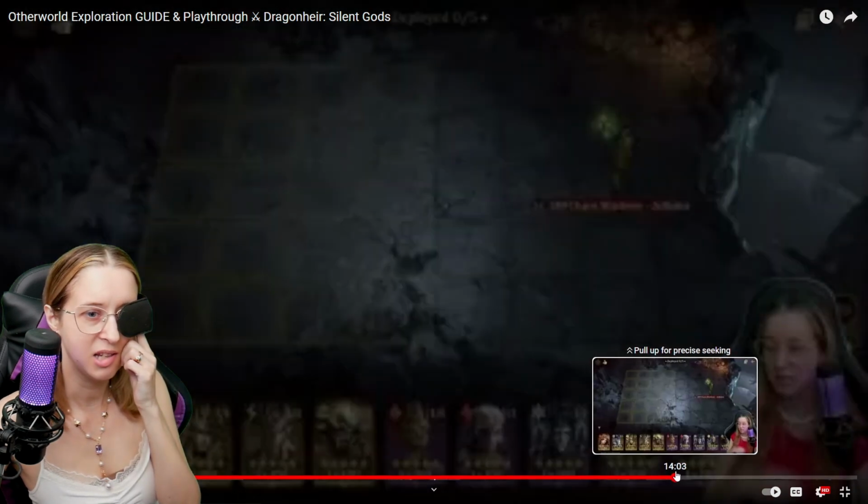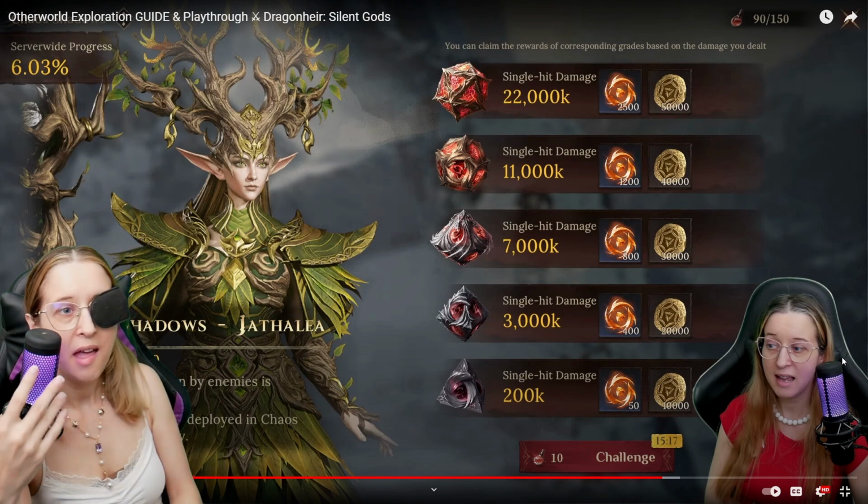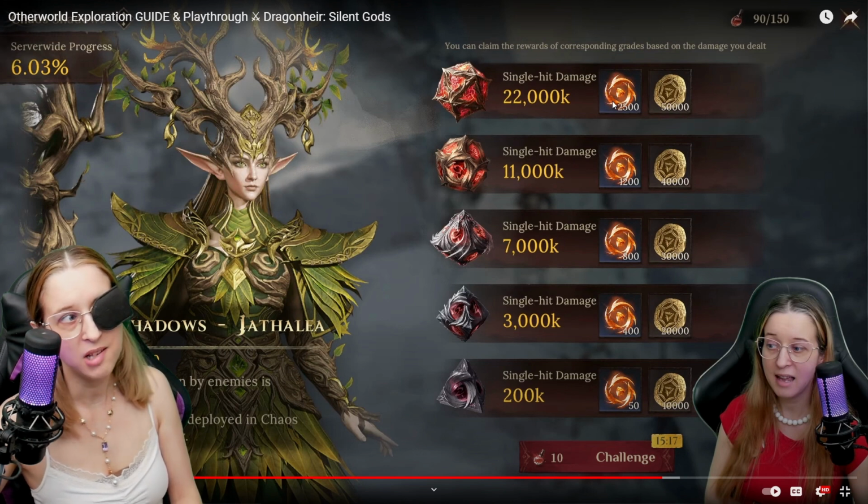That's a domain. Where's the Chaos Shadow? Here's the Chaos Shadow. So this is the best way to get points. It's all about getting that exploration currency, right? So if this is the best way to get points, you get enough currency to do things in the game,